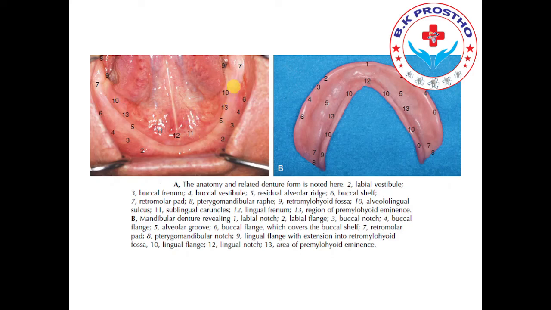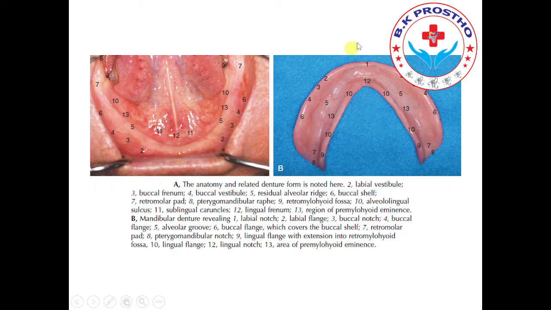So these are the supporting structures, including the buccal shelf area, the ridge area, the slope of the ridge, and the crest, which provide the primary support. The mylohyoid ridge, in respect of the residual ridge, has thin mucosa over there that also provides secondary support. The mucosa over the mylohyoid ridge, which is very prominent in case of bone resorption, needs relief. The relief areas are the lingual frenum, labial frenum, and buccal frenum. Any undercuts, sharp edges and spicules are also relief areas.